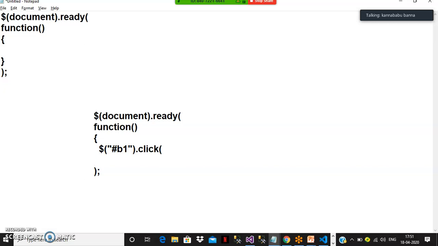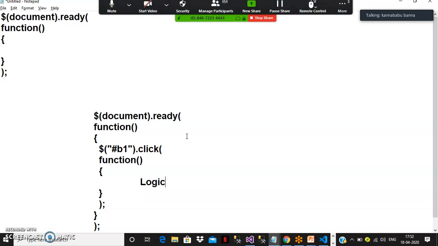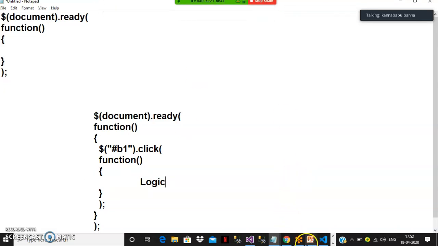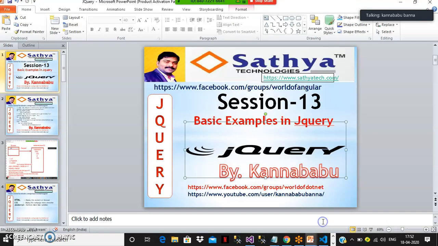Events are also considered functions. Now within this click, again declare one more function, an anonymous function, and in the middle you write the logic. That is how you can work with basic examples in jQuery.